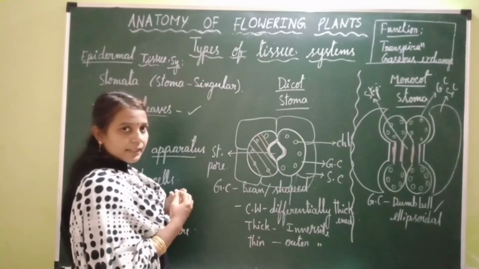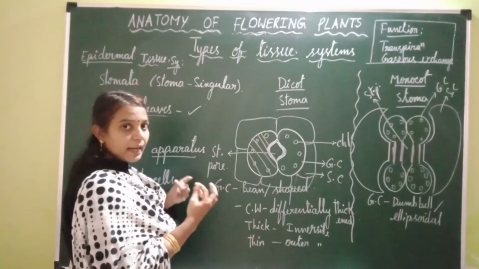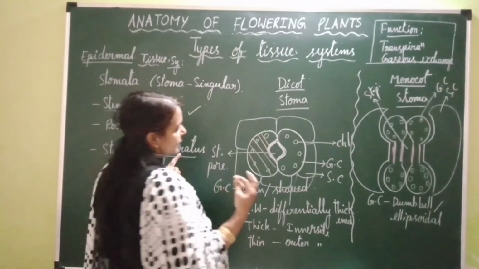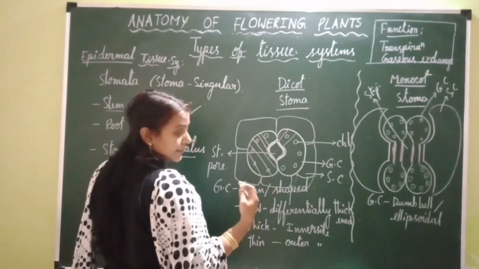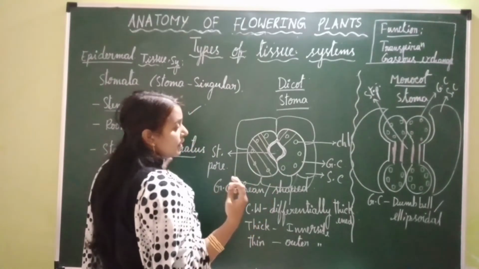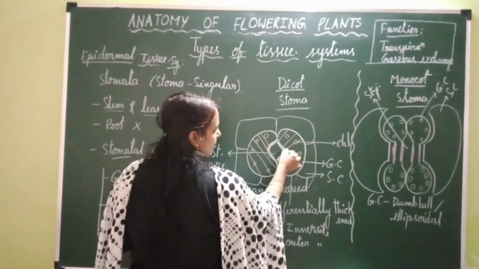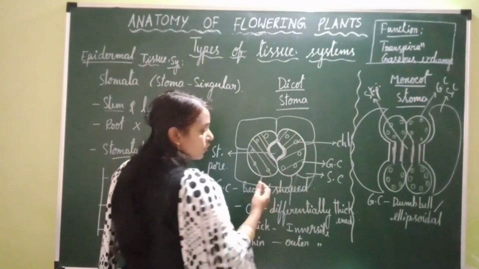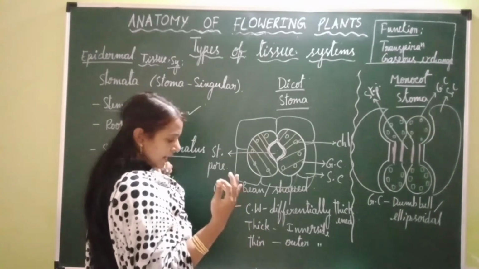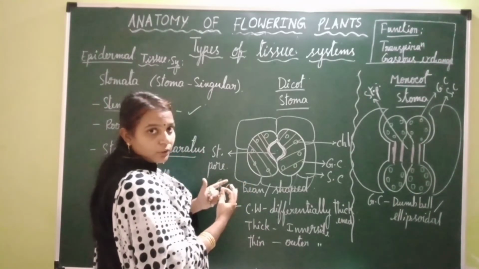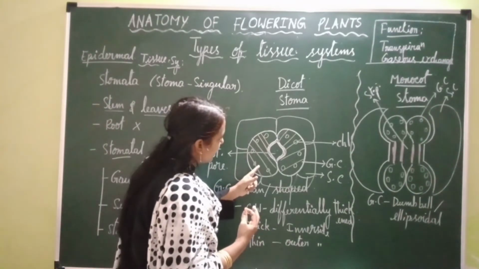So guard cells become turgid when they absorb water. Due to their turgidity, what happens? The stomatal pore gets opened. It results in opening of the stomatal pore. When these guard cells lose water, they become flaccid. So for this elasticity, that is turgidity, bulging of guard cells, and flaccidity of the guard cells, these